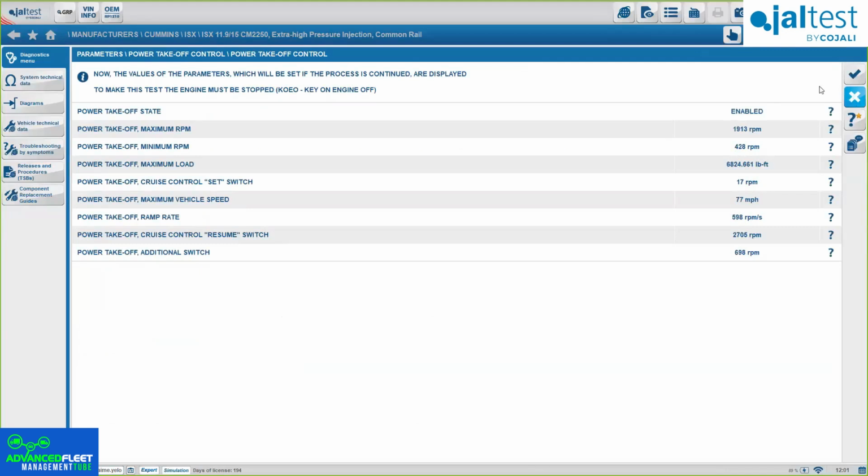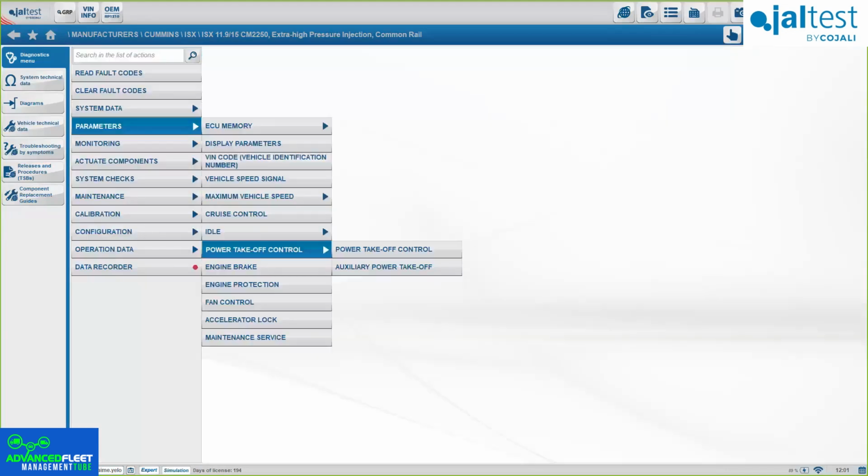Again, I will double check with engineers, because all the technical information, in order to better answer, it's gonna be the engineers who can do it. I will double check, Randy. Don't worry, I will double check with engineers, and I will let you know. If you could send an email to training@jaltest.com, so I can keep track of all the questions, that'd be great. That way I will have the ones I can reply to myself immediately. The ones that require some information from the engineers, I will be able to provide that information as well.